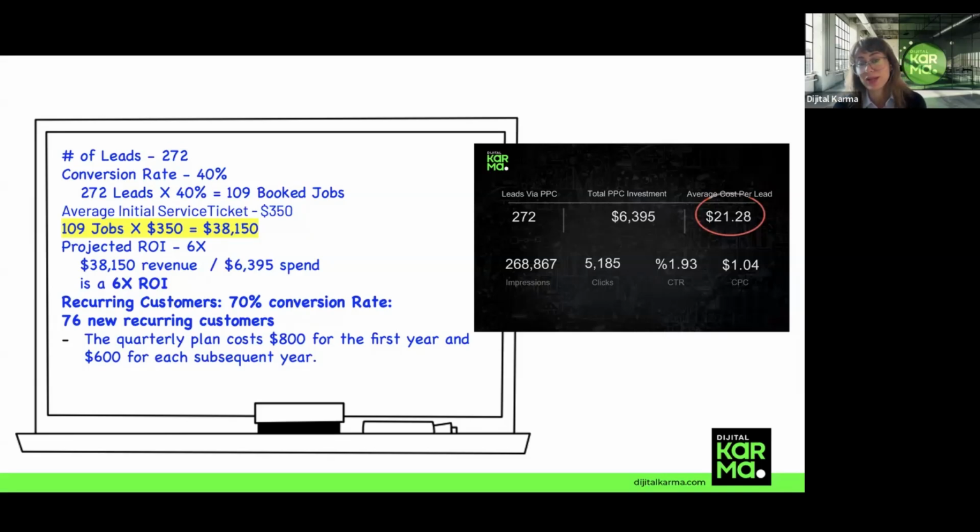The quarterly plan costs 800 for the first year and 600 for each subsequent year. Depending on the season, you can increase the projected return on investment up to 15 times what you invested. And that is what makes PPC so powerful. It's not a guessing game, it's measurable, controllable, and scalable.